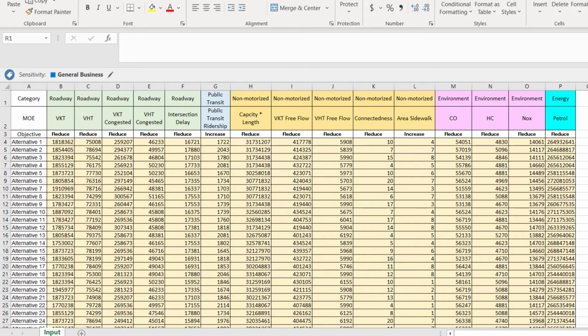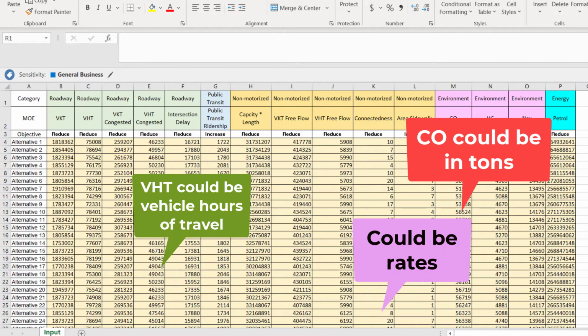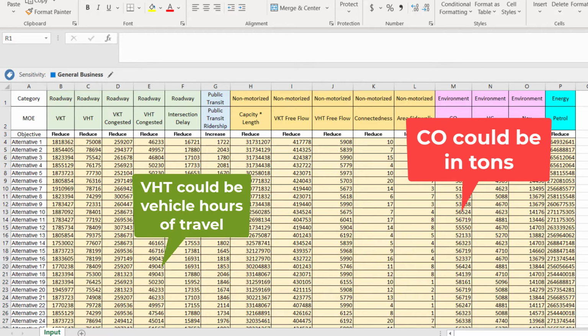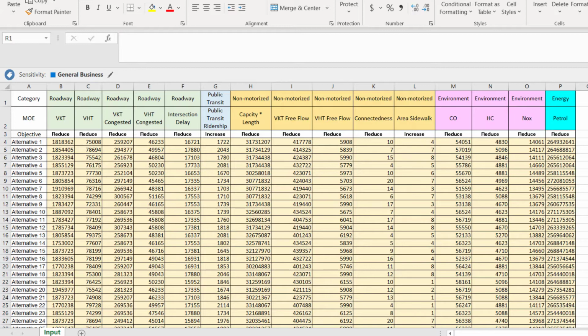But in this methodology, you are flexible. You could put a rate if you want. You could put an interval scale, meaning the actual number, and so forth. So that's the main advantage of this system, that the mathematics that will go into solving the evaluation problem doesn't have any limitation, and it could really deal with the actual data, even to the decimal. Those values could go in, and if there are some variables that you cannot have the actual number for, you could put a rate and it will work just fine. So this is basically how you set up